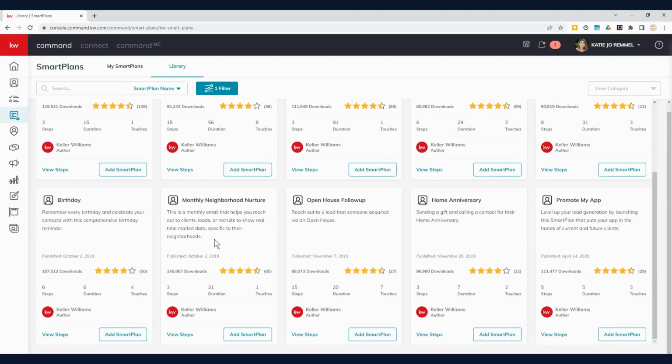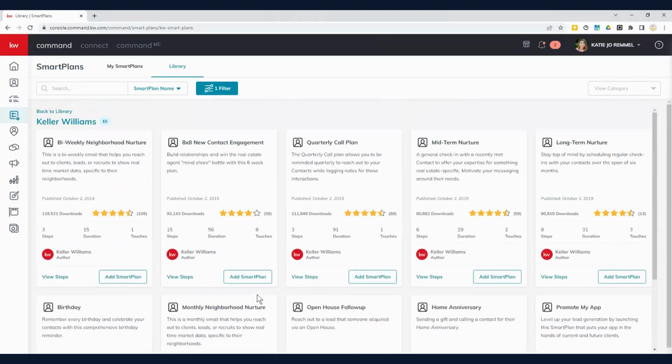And this is a monthly email that keeps you inside their inbox and lets them know about the real estate market and data for their specific neighborhood. Another great one, open house follow-up and promote my app. So if you are working with new buyers or sellers, you can have them download your app personalized to you. So that's the Keller Williams